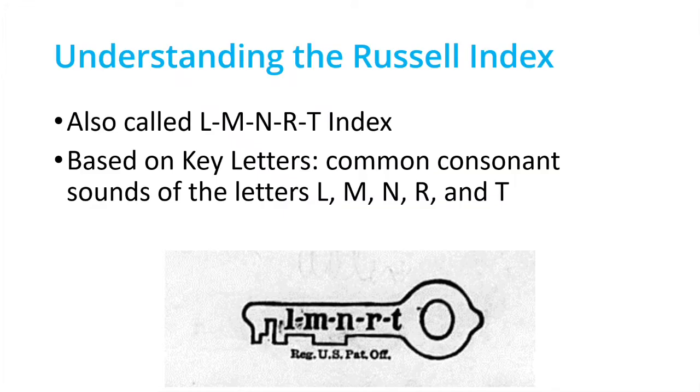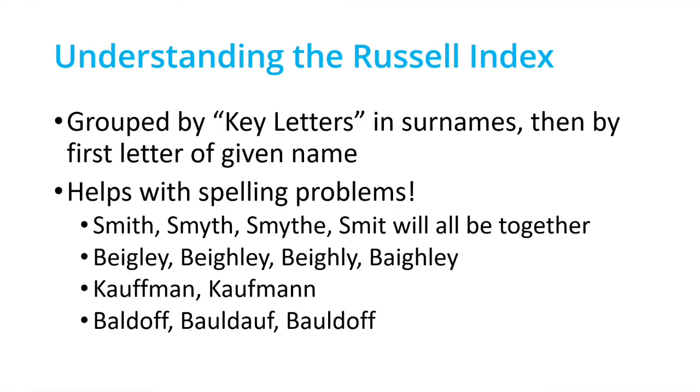So the Russell Index is also called the LMNRT Index, and you'll usually see this little logo at the bottom of the page here with those letters in a key. And that is because the Russell system organizes names together based on key letters. And key letters are the common consonant sounds made by pronouncing the letters L, M, N, R, and T. So in our indexes, names are grouped by key letters, and then they'll be grouped by the first letter of a given name,